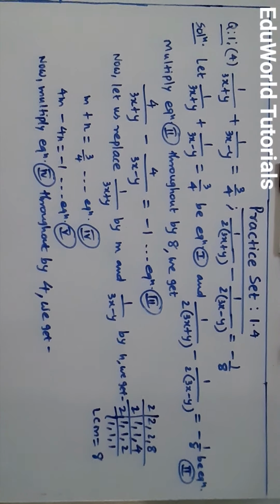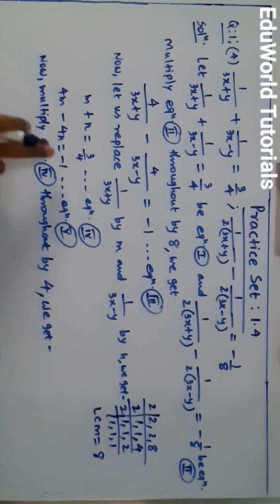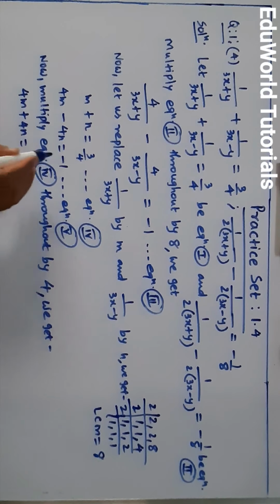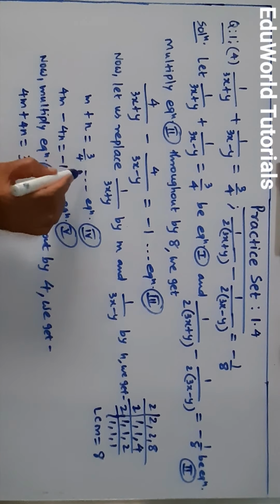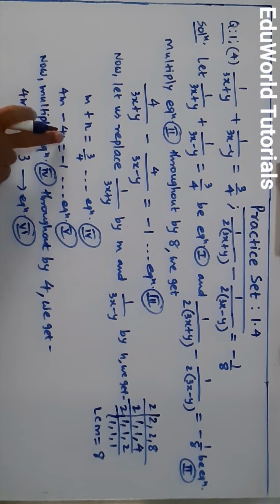Let's prefer the method of elimination by equating coefficients. What I am doing is multiplying equation 4 by 4. Every term is multiplied with 4. What I'll get is 4m plus 4n is equal to 3, because if I multiply here by 4, the 4 gets cancelled. So this is a new equation, number 6. Now it will be easy for me to solve equations 5 and 6 to get the values of m and n. You can clearly see minus 4n and plus 4n on adding will get cancelled.